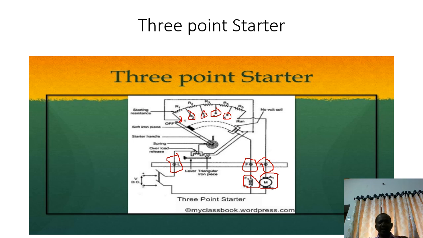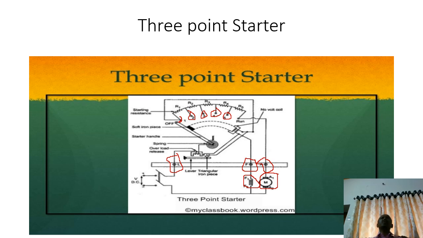When the handle is shifted to the second position, the current increases, the speed increases, and the flux in the field winding also increases. Next it is shifted to 3, 4, 5, and finally to the last stud. In the final condition, the armature winding rotates at high speed, and the current passing in the coil adds some flux in series with the flux of the field winding. This produces a high flux, and the machine rotates at very high speed. This is the condition we observe when using a 3-point starter.